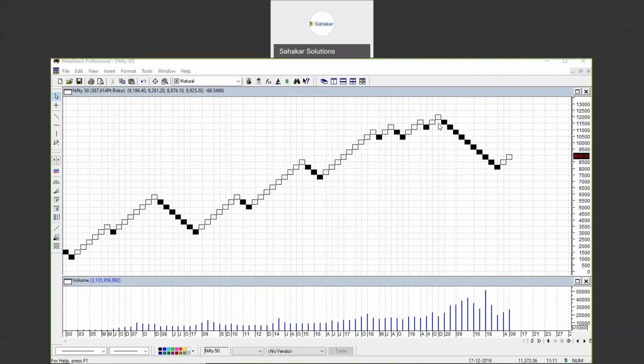Here you will see that the actual present-day fall of the stock market started on 28th February 2020, when the boxes turned to black from white. When charts are converted into the Renko type from the traditional charts, the assessment of the trend becomes easier. We will see the next one.